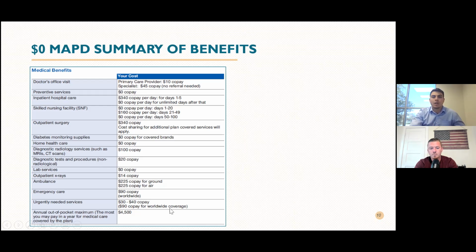I want to give you an option. I want to bridge the gap between a $0 premium Medicare Advantage plan and a Medicare supplement. And the way I'm doing that and putting you in the middle is with this product right here. I'm able to supplement your Medicare Advantage plan and fill some of those bigger exposures for roughly $30, $35 a